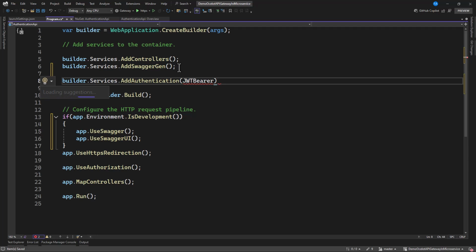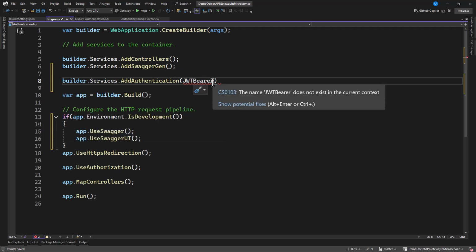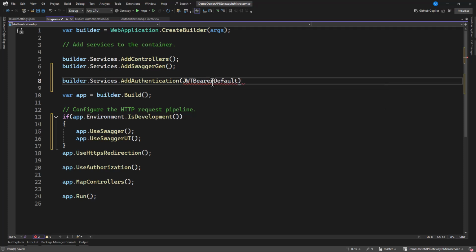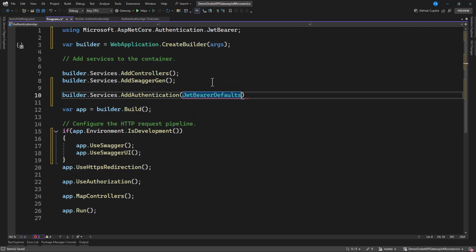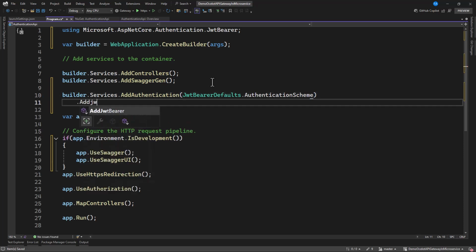So with this, that is the bearer default. And we need to use the namespace .AuthenticationScheme. And after that, let's add JwtBearer. You can give it a name, but let's skip that.